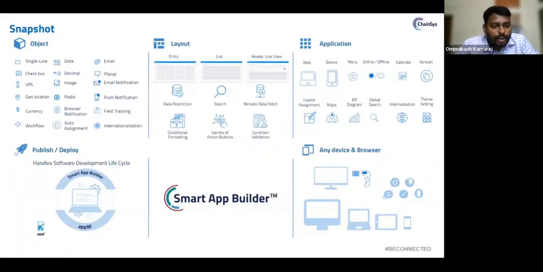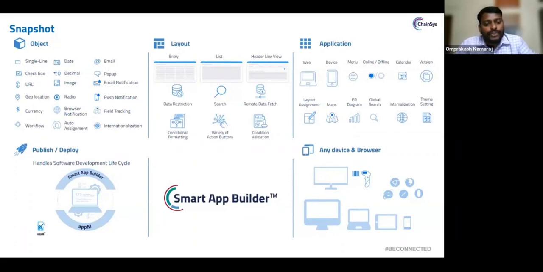So next one is the auto assignment. Auto assignment is nothing but when a record is created, by default, if a record needs to be assigned to any user roles, responsibilities or group, then we can go with an auto assignment. There we need to provide a criteria, and for this criteria, to whom we have to assign this record, we need to provide it.